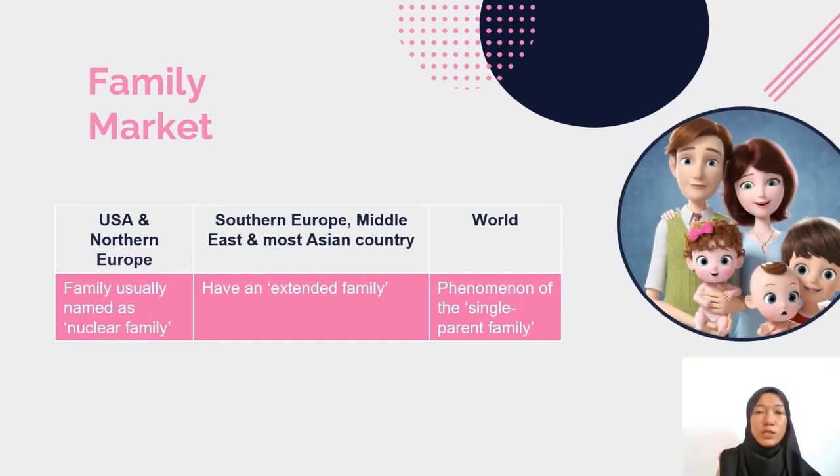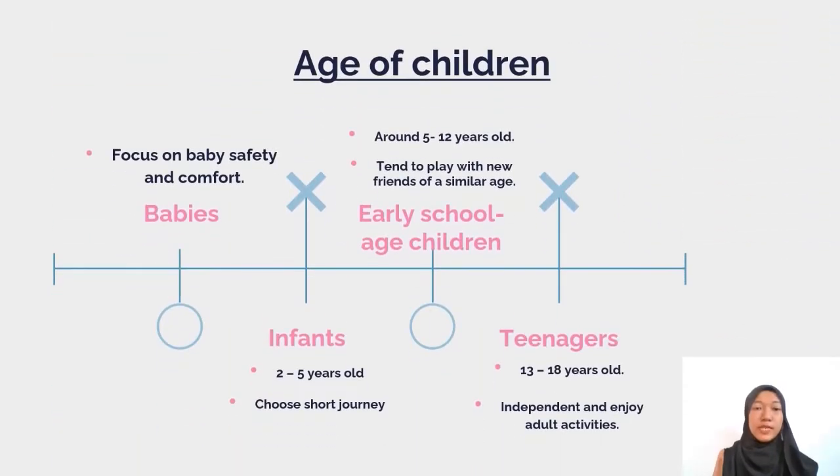in the purchase transaction. We also cannot forget about the phenomenon of the single parent family with 1 parent and their children. The number of children in a family has an impact on the demand. The core determinant of the family market is the existence of the children. This will depend on the age of the children.